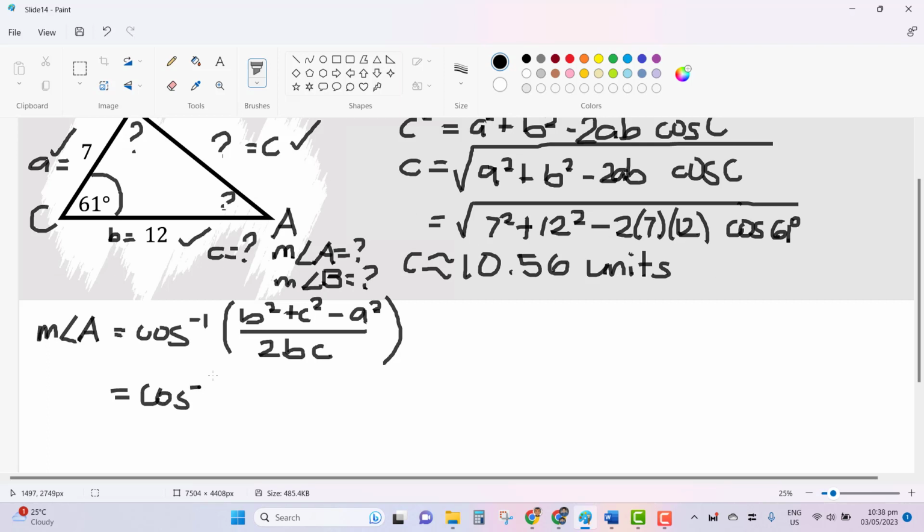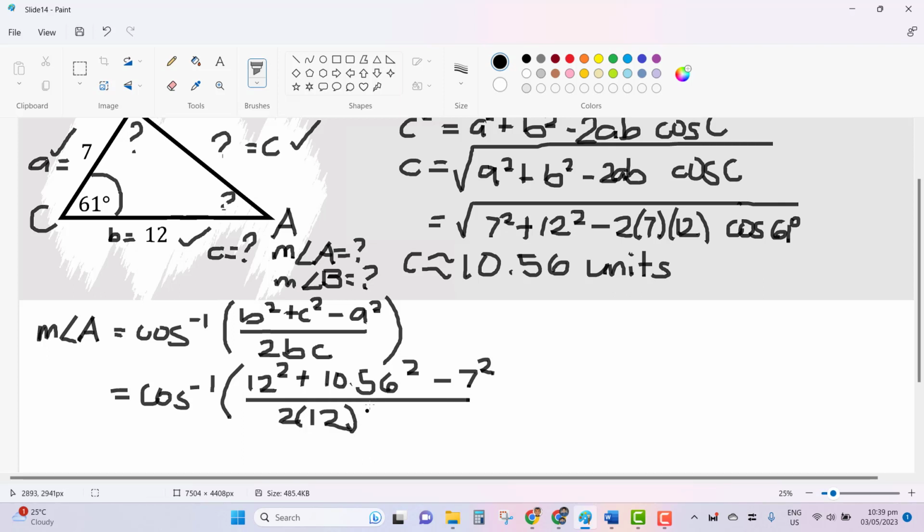Cosine inverse or the arc cosine. B is 12 squared, plus C is 10.56. You take the square of that, less 7 squared, all over twice 12 times 10.56. Close that up. So we have here the measurement of angle A, which is approximately equal to the result